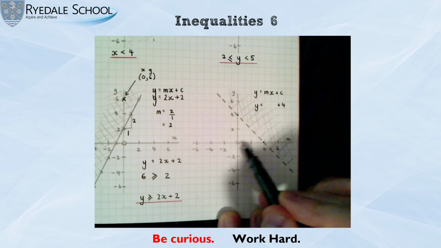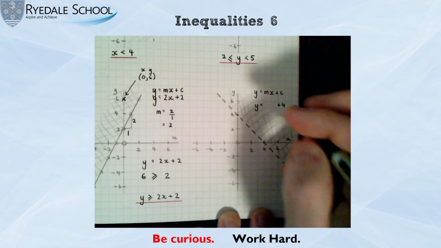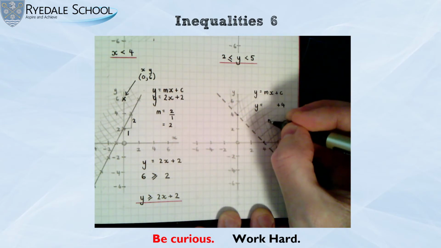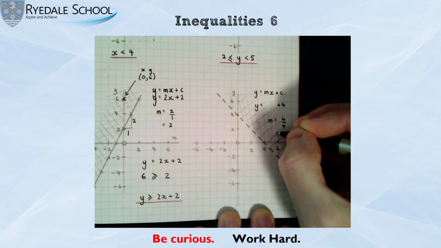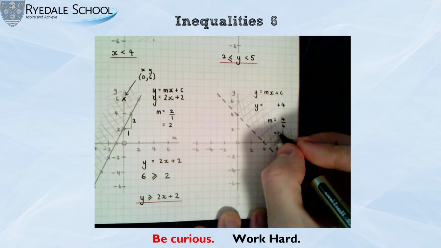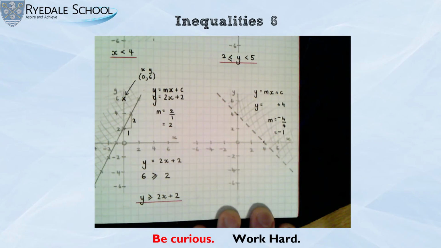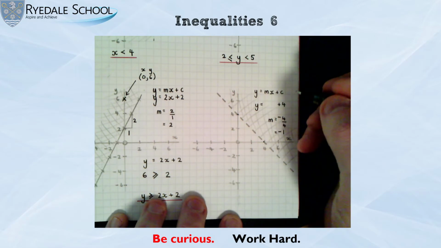And then my triangle would be this here. So it's going to be 4 divided by 4 for my gradient, which is 1. But it's sloping the other way, so it's a negative gradient. So the gradient is -1, so the equation of this line is y equals -1x plus 4,